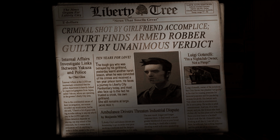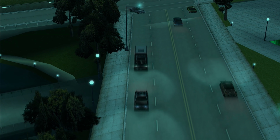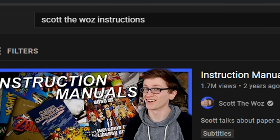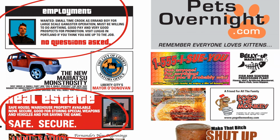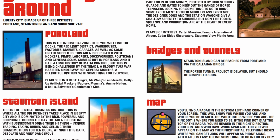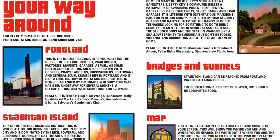Now one of the things that changed for the better starting with Grand Theft Auto 3 is the booklet. I'm not going to do a Scott the Woz and spend 13 minutes talking about instruction booklets. That's not a jab at Scott the Woz either, that is literally his style of content. But GTA 3 was a starting point when Rockstar's instruction manuals were designed to be more like tourist pamphlets, because you had advertisements for in-game brands, descriptions of each area in the game, and even pages dedicated to listing out the track list for every single radio,